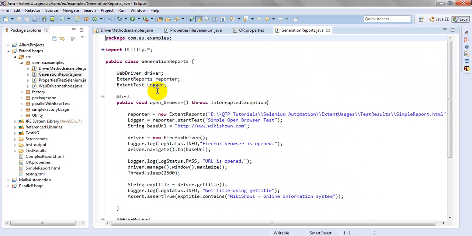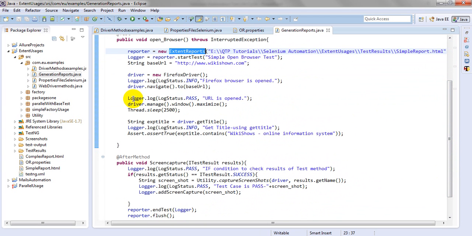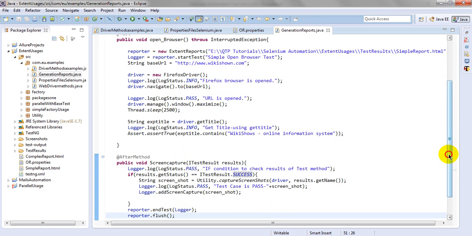For generating reports, you need to use different tools, for reporting, HTML reports. You need to enhance your script with a logger. Log that the URL is open, the Firefox browser is open, info, pass, fail test cases. You need to get the result status, and on success it will be logged.